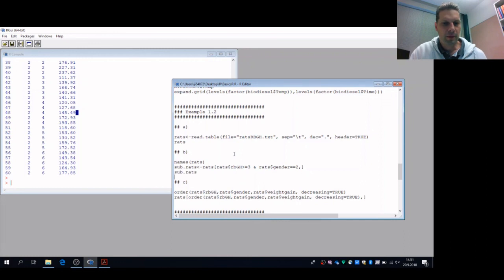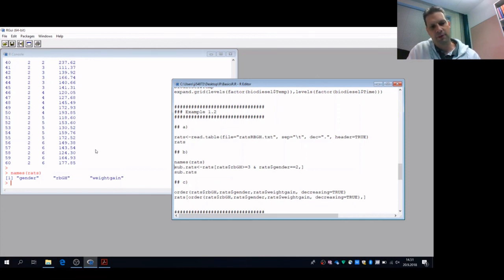Now, in case of selecting only some subset of the rows that are related to only a subset of x values, I have used here first the names function, which gives me the names of the variables, because sometimes it's hard to remember all the column names of the datasets. So this helps for that. And if I now call this sort of a subrats, a dataset which is a subset of